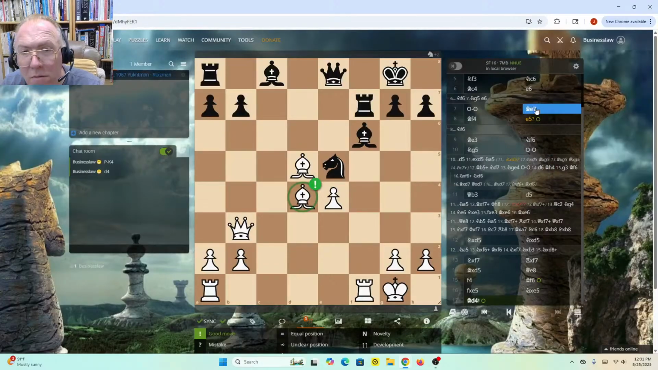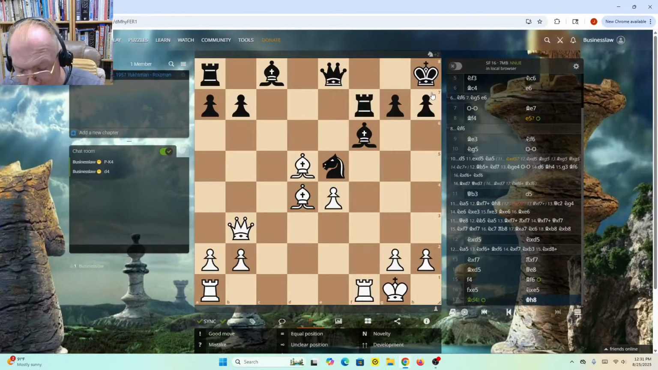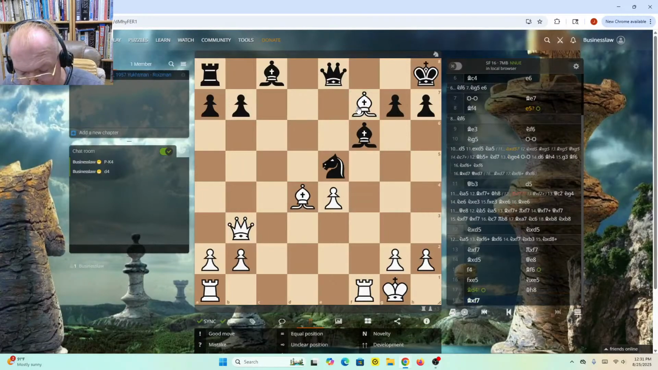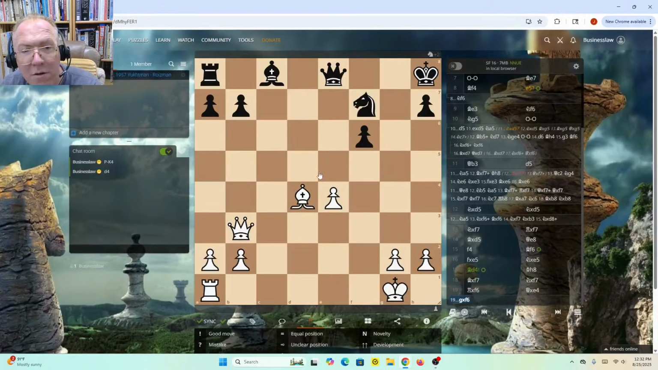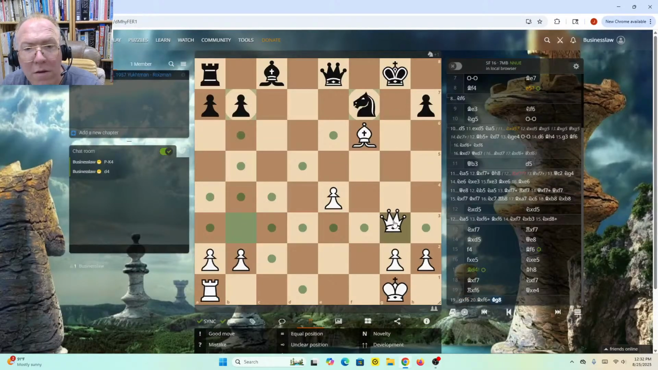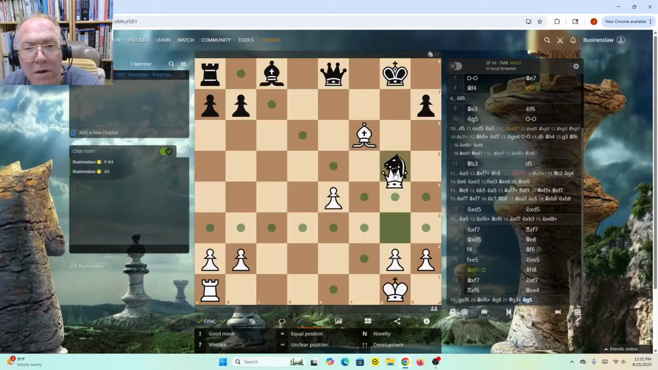Then king, rook, and then bishop takes rook. Knight takes bishop. Rook takes bishop. Queen takes e7. Of course, you get to see what happens if taking here. Bishop takes. And he basically gets